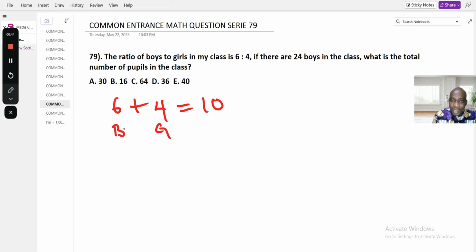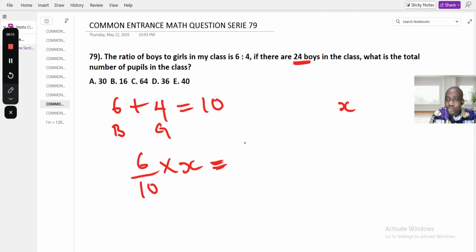To get the total number of people in the class, which is S, let's assume that it is X. That's what we are looking for. It means that the B, which is boys, their ratio is 6. It will be 6/10 by the total. You now multiply by the total number of students in the class that we don't know yet, X, and it gives us the total number of boys, which is 24 boys, because we have arrived at